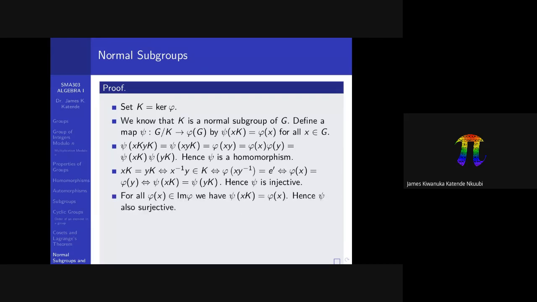Now to show that it's surjective, any element you pick in the image will be of this form. It will be the image of some element x in G. But then by the way the map is defined, this xK will simply be equal to pi of x. So that means there's no element that is left out. Everything in the image has a pre-image from the factor group. You just pick the left coset determined by that element x and you have the pre-image. So that means the map is surjective, and therefore we can conclude that